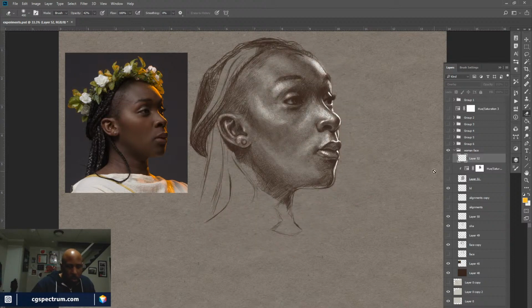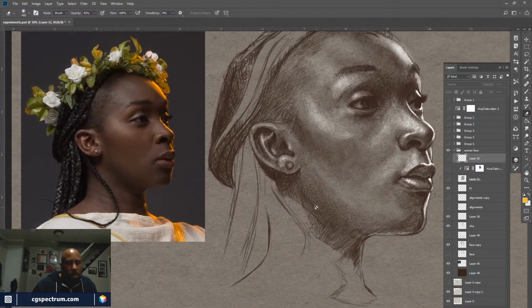Especially in a darker skinned person, there's cools and there's warms, warmer tones in the cheeks, like her cheeks are red. She's got grays in her forehead, grays around the eyes, around her mouth, warmer tones around the cheek and the side of her mouth, blood in the ears, her ears are warm, and the outer parts have cooler highlights. So there's a lot of back and forth color variation, temperature variation going on